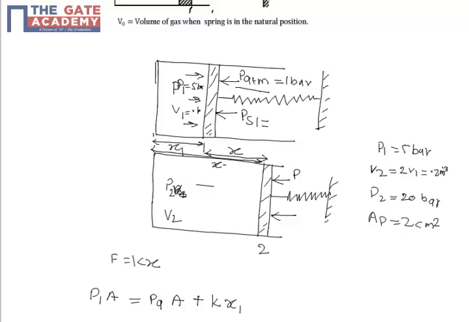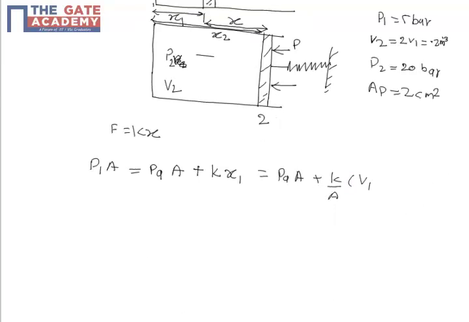Okay, right. So it is nothing but equal to P atm plus K by A into V1 minus V0, where V0 is the initial volume, and this one. Now the force balance on the piston in the final state, we can write it as